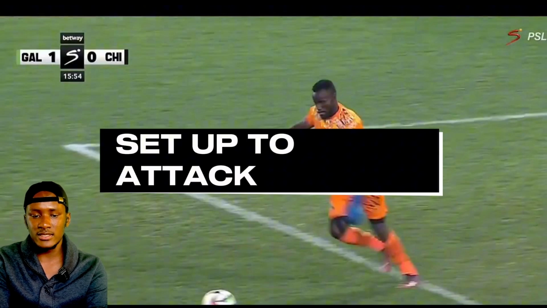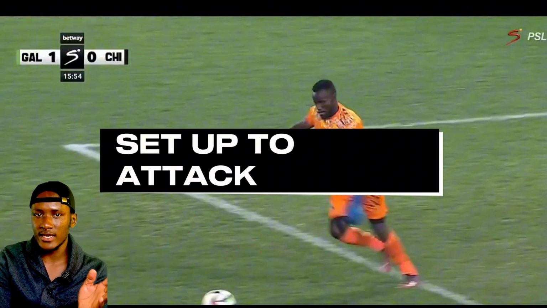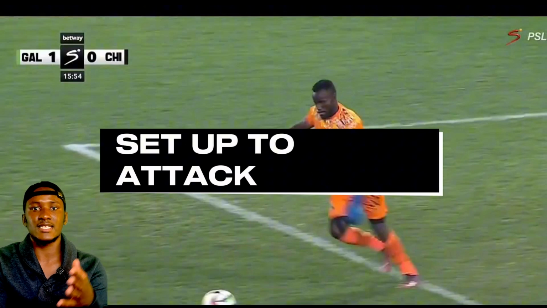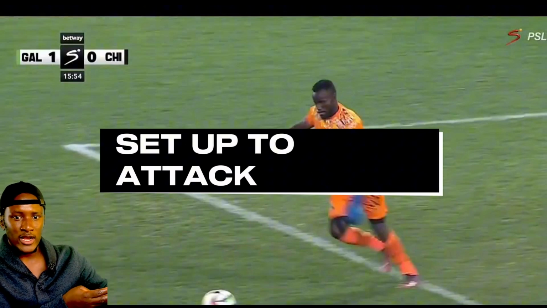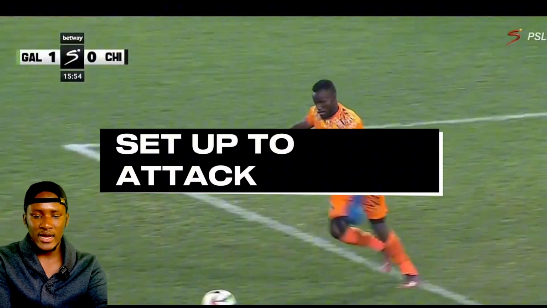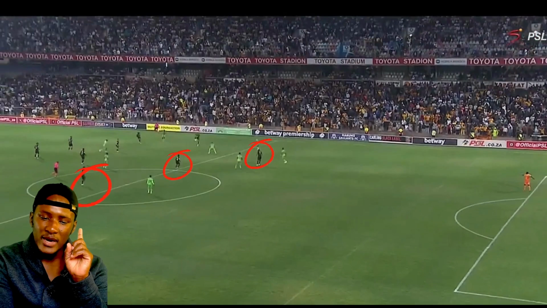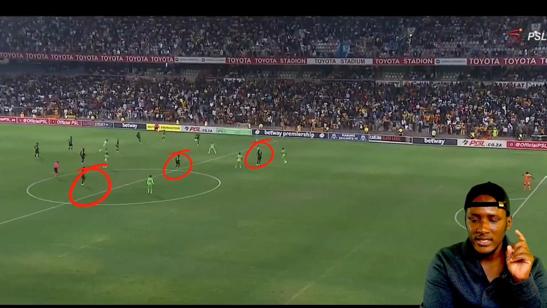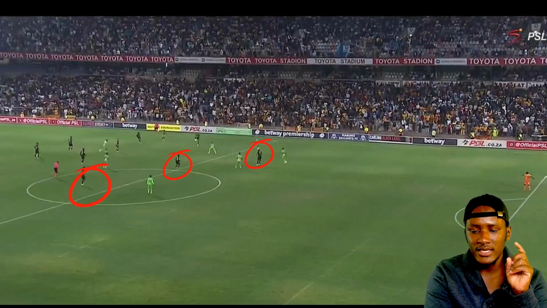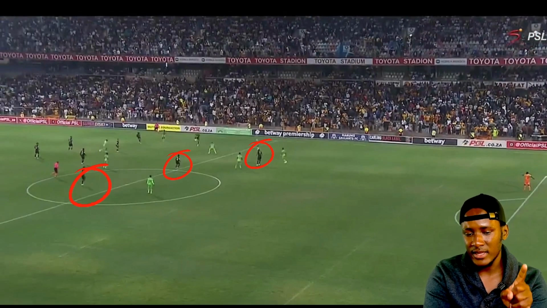Now, this is after Kaizer Chiefs had conceded a goal. This is after Chiefs had pressed, like I showed earlier on, Aboranga pressing up and down. Now look at what happens. The keeper is like, you know what, I'm just going to play the ball long. But on top of the brilliance of Sirino, the other important thing is that if you look at how Chiefs are set up there,